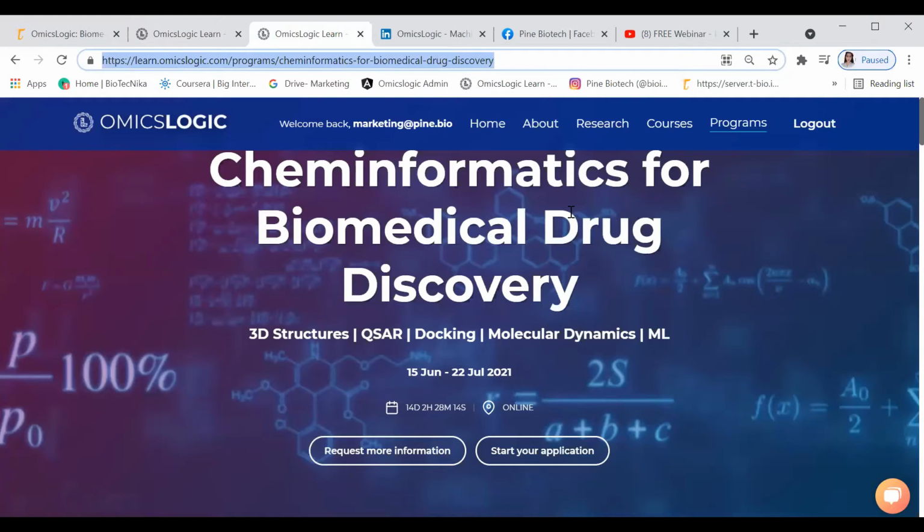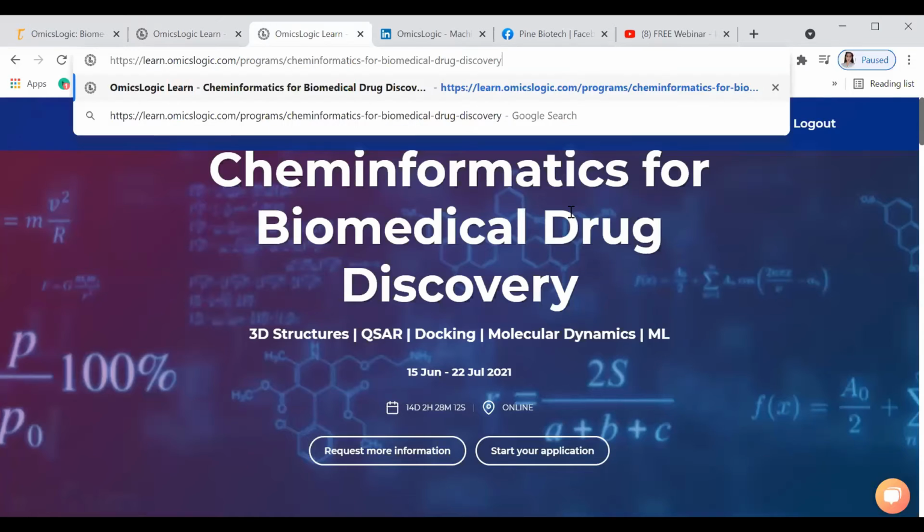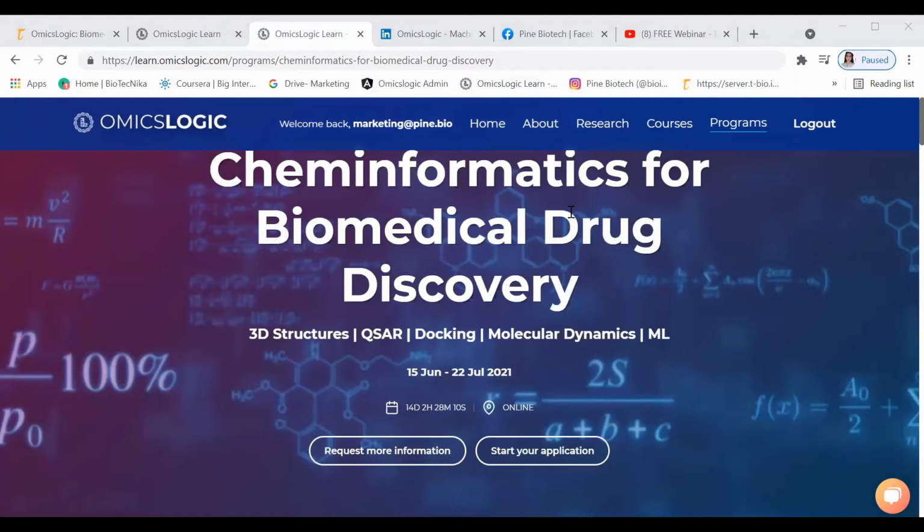I had a common doubt. People were asking me what is the registration link for chemoinformatics. So this is the chemoinformatics page, and then you have the machine learning page. But for all the programs, our pre-registration form is the same, right? So you can simply go ahead and proceed your application from these pages.